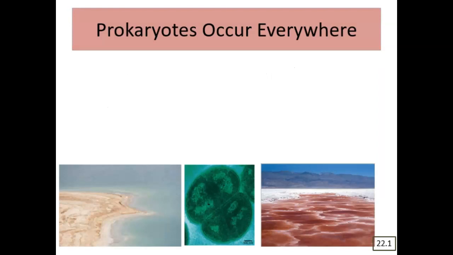Prokaryotes are found everywhere on Earth. Now, I know sometimes you talk about how humans are found everywhere on Earth, but not really. Prokaryotes are found everywhere. Even in places that are incredibly extreme. Places that would kill a person immediately. Prokaryotes are found there. The deepest oceans, the tops of mountains, in the air, in the soil, everywhere you go,